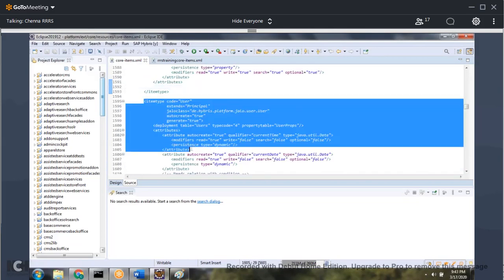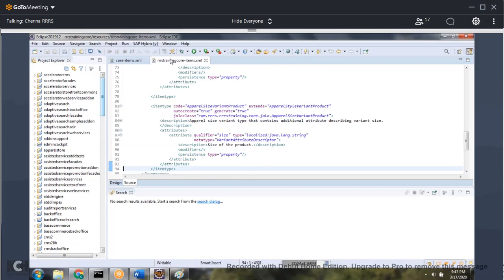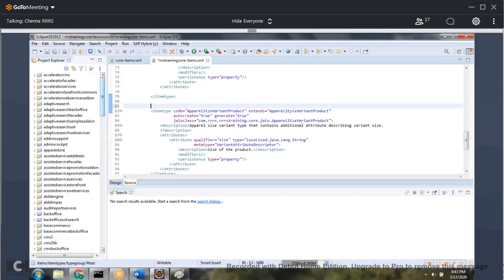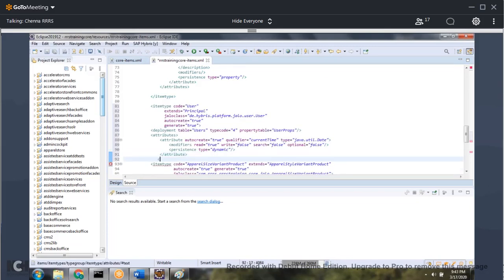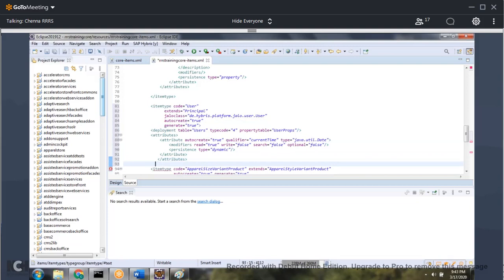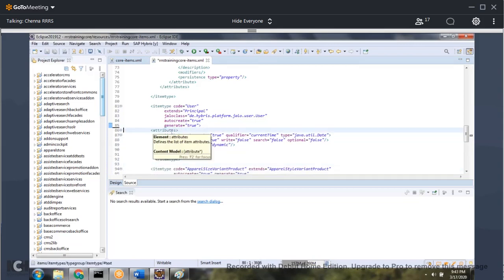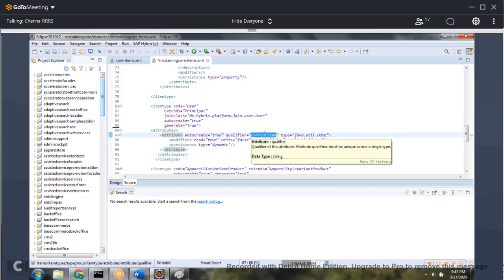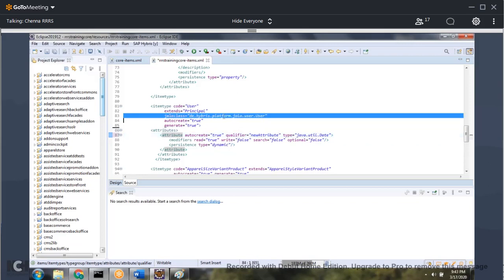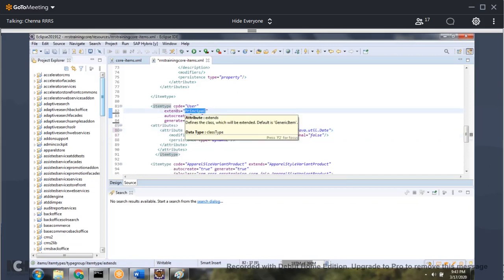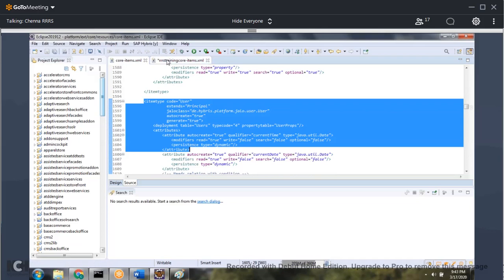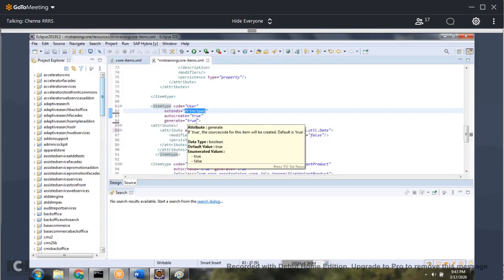We can take this and create the item attribute. So if you want to add a new attribute in the user table, this is what you can do. Same behavior, you can take and add an attribute.